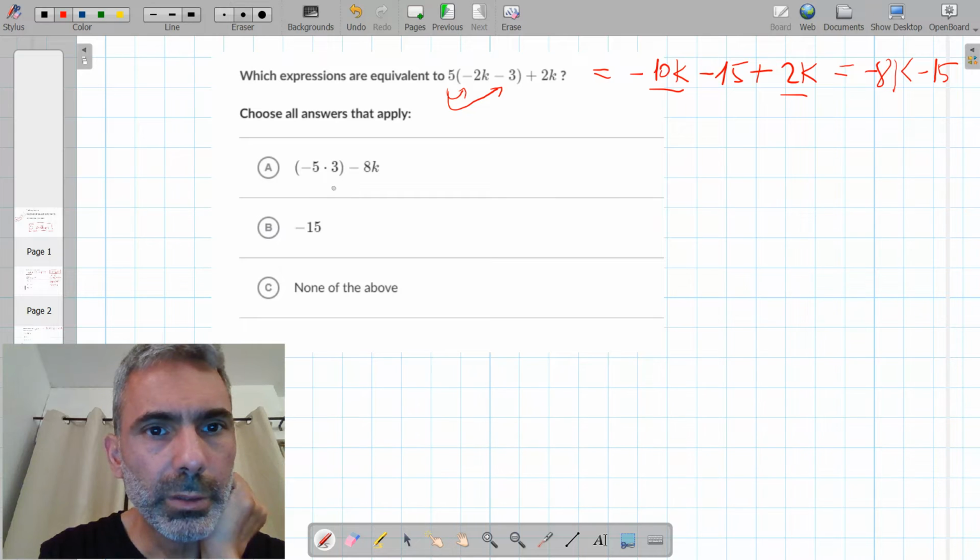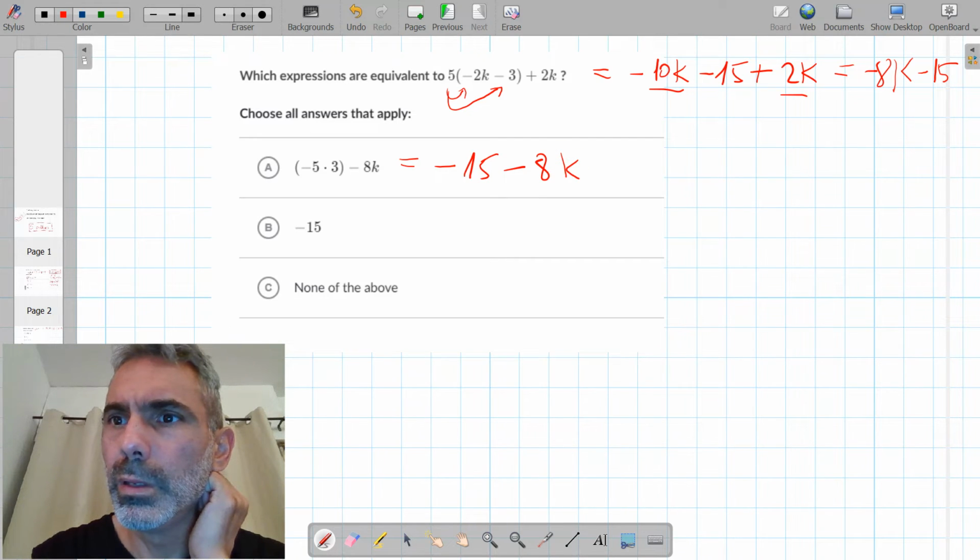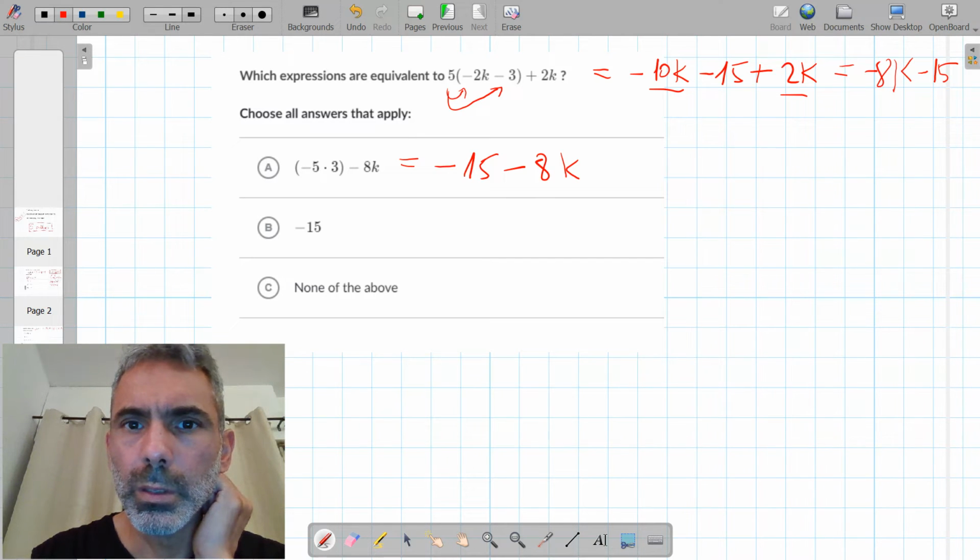So let's see here. This is minus 5 times 3 is minus 15 minus 8k. Okay, so again, A is the same as this expression because in spite of the terms being ordered differently,